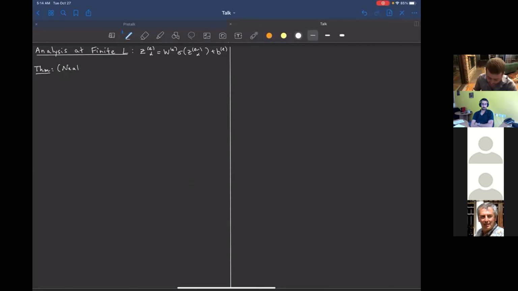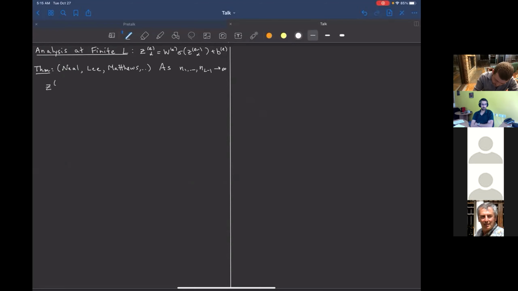There's someone called Radford Neal who proved some very easy version of it. Then there's some physicists who worked on it. Then there are some computer scientists who worked on it, and so on. But the point of the theorem is very simple. As n1 up to n_{L-1} go to infinity,